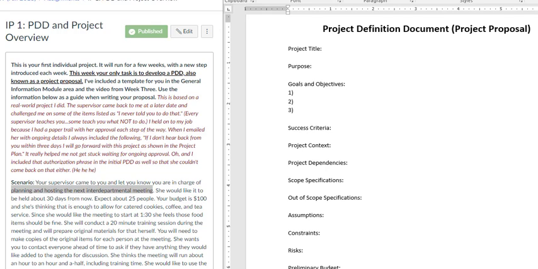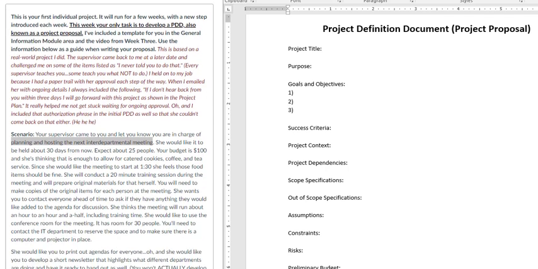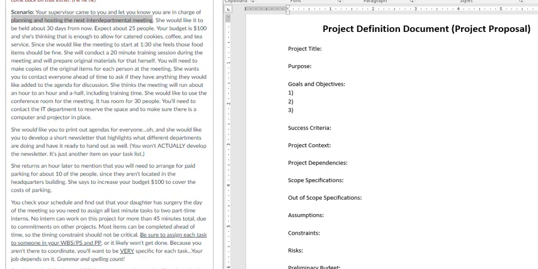project management. There's nothing wrong with an individual style. It's just finding the right fit for you within a company. That said, I'm going to put together a sample project definition document, and realize that yours might look a little bit differently because you'll have your own preferences in each area. So using the scenario that's been provided in the assignment,